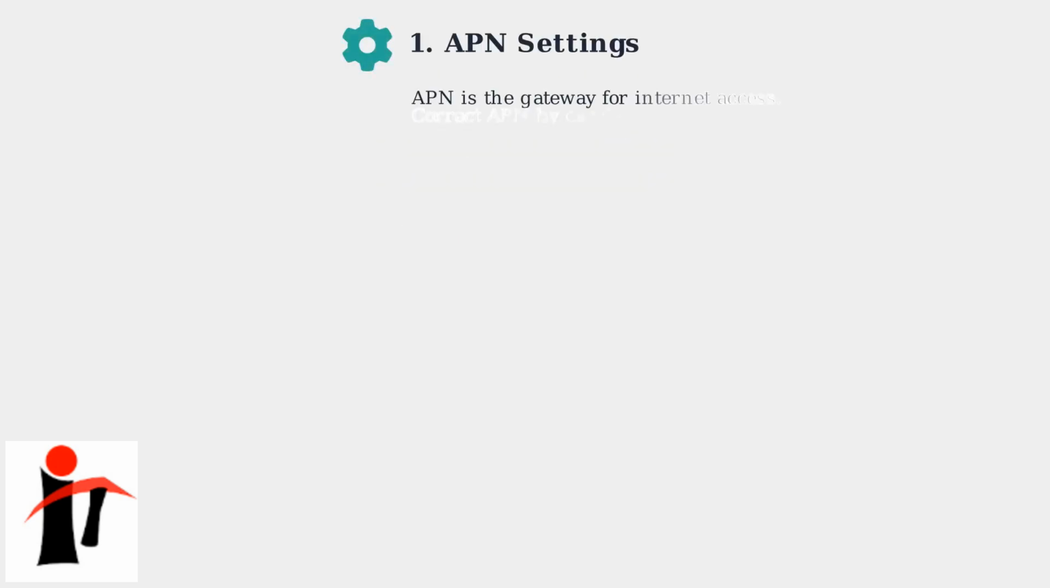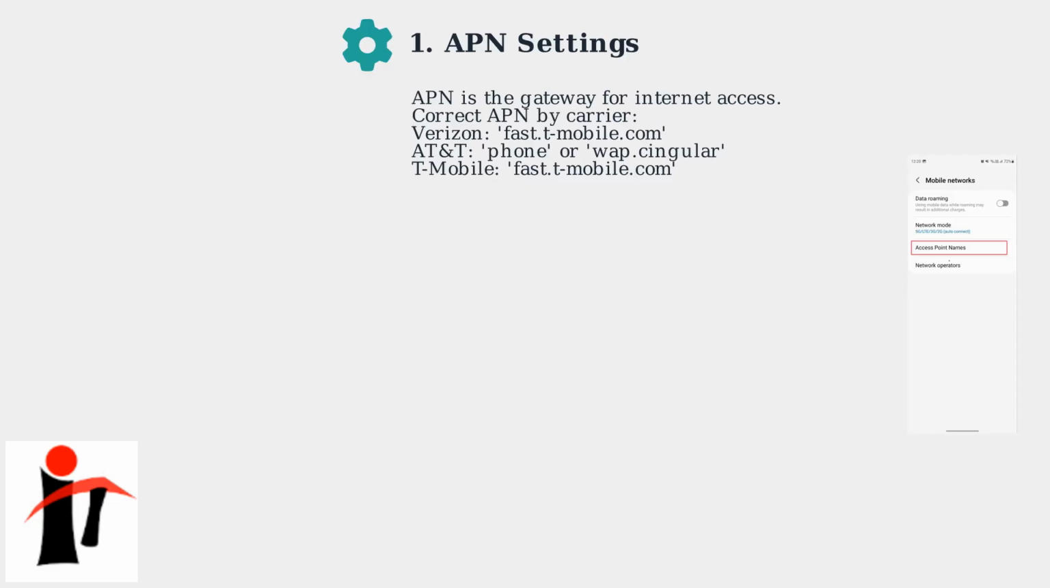Your APN, or access point name, is the gateway connecting your phone to the internet. The correct APN depends on the underlying carrier for SafeLink. Verizon uses fast.tmobile.com, AT&T uses phone or wap.singular, and T-Mobile uses fast.tmobile.com. To configure it, go to Settings, Network and Internet, Mobile Network, Access Point Names, and enter the correct APN for